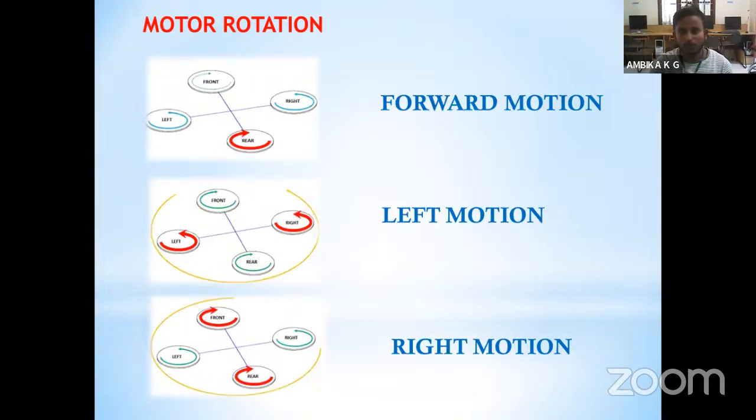So next, coming to the forward motion. The rear wing will turn fast in the anti-clockwise direction and the remaining wings are in slow mode. Then the left motion. The left and right wings are in the anti-clockwise direction, turning from right to left for the left motion. And the right motion. The front and rear wings are in the anti-clockwise direction for the right motion. So next,